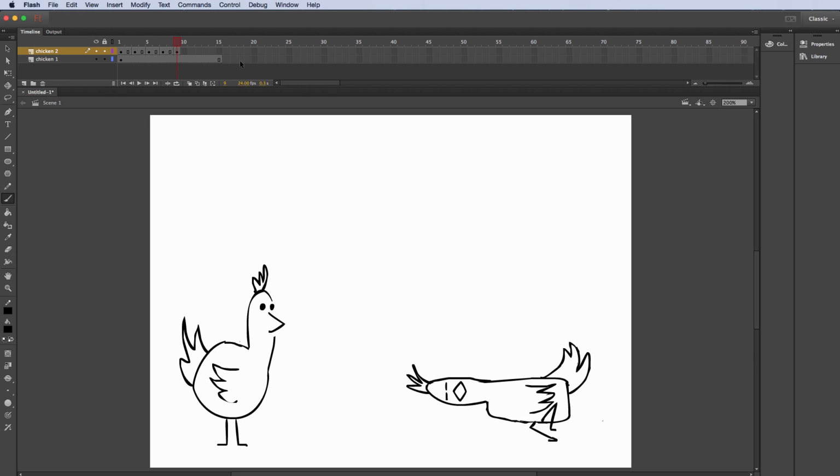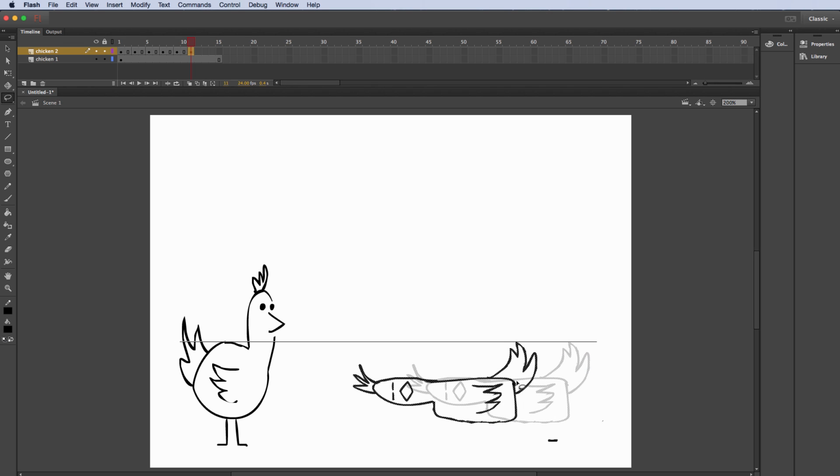Okay, now we're going to do a super stretch frame. Okay, so I'm going to go to frame 11, press F6, and right through here, I'm going to erase this foot right here altogether. Let's see, I'll erase over here as well. I'm going to take the body right here and move it way over.